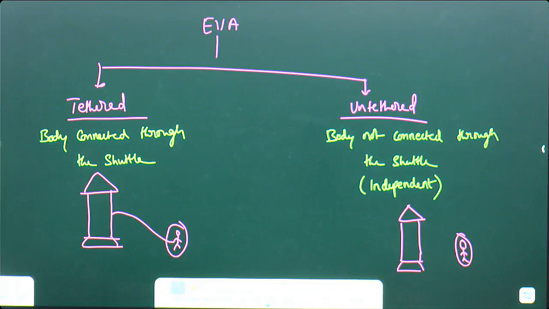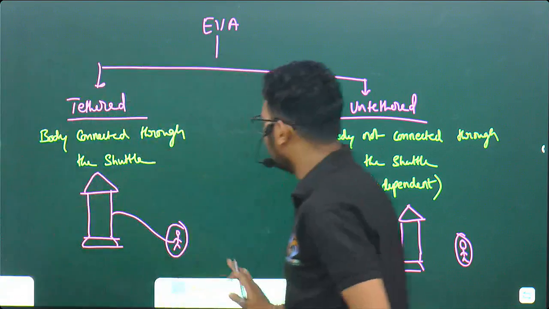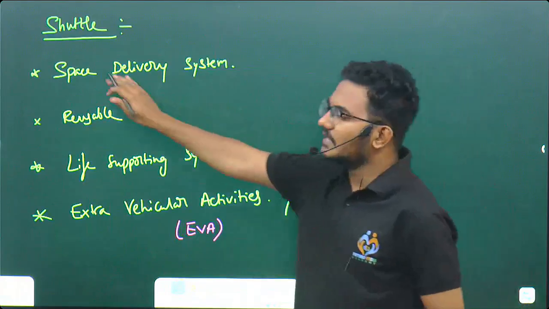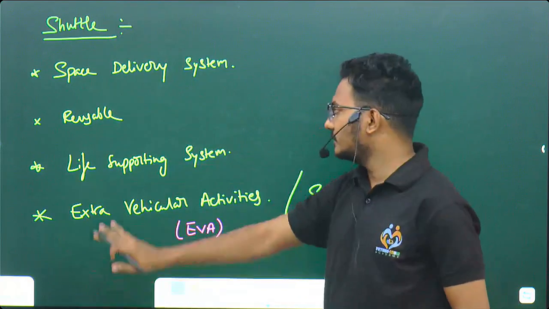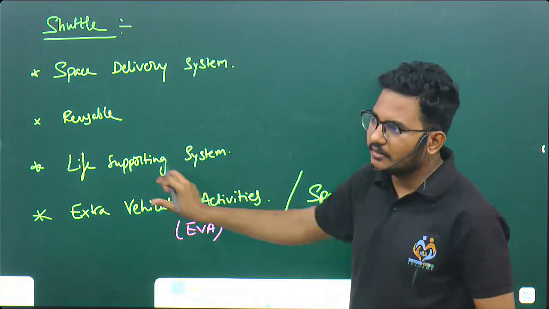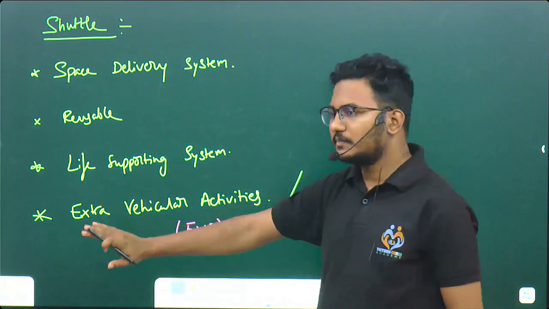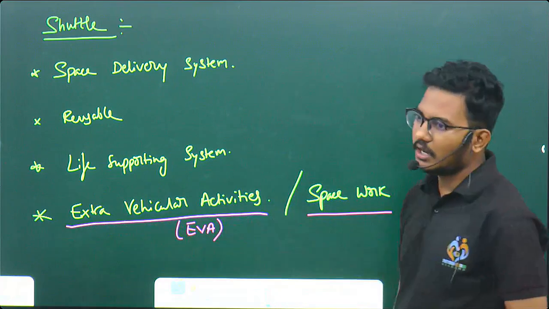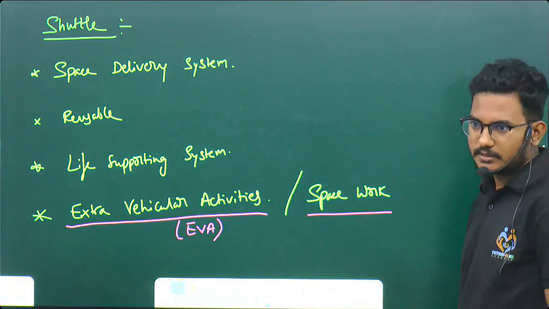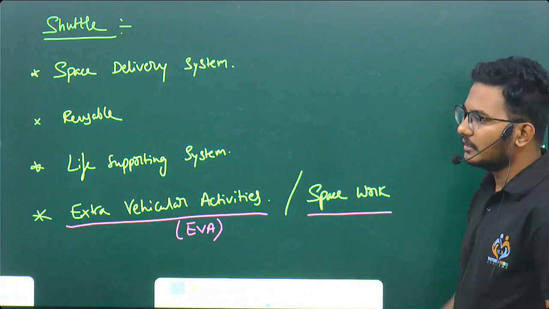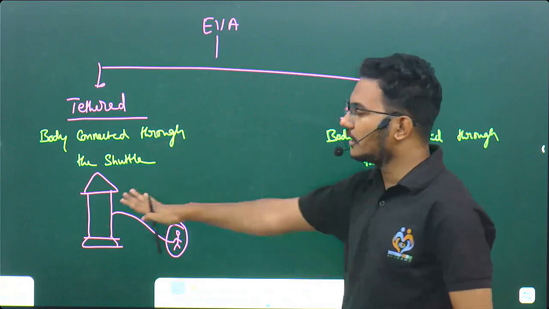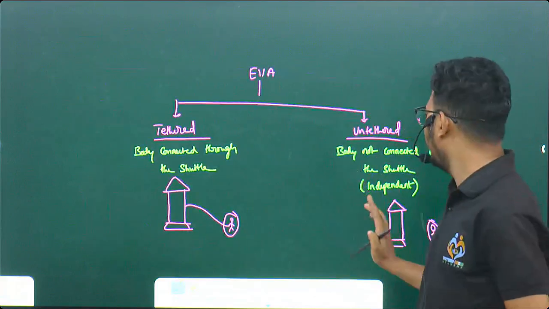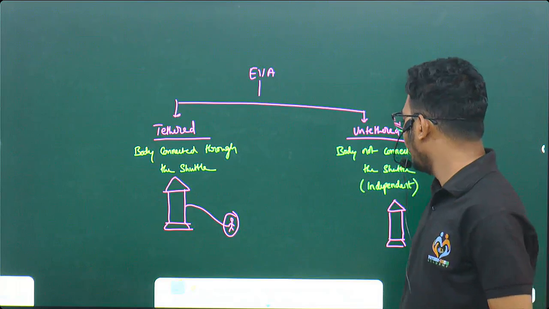Understood this one? Okay, so this is the shuttle. Shuttle means nothing but a space delivery system. It is reusable because we have to get them back again onto the surface, and it will have a life supporting system and they'll do spacewalk. The spacewalk's technical terminology is extravehicular activities, and this EVA is further of two types, tethered and untethered. Tethered means the body is still attached to the shuttle. Here they will be independent. Okay, fine. Next terminology,